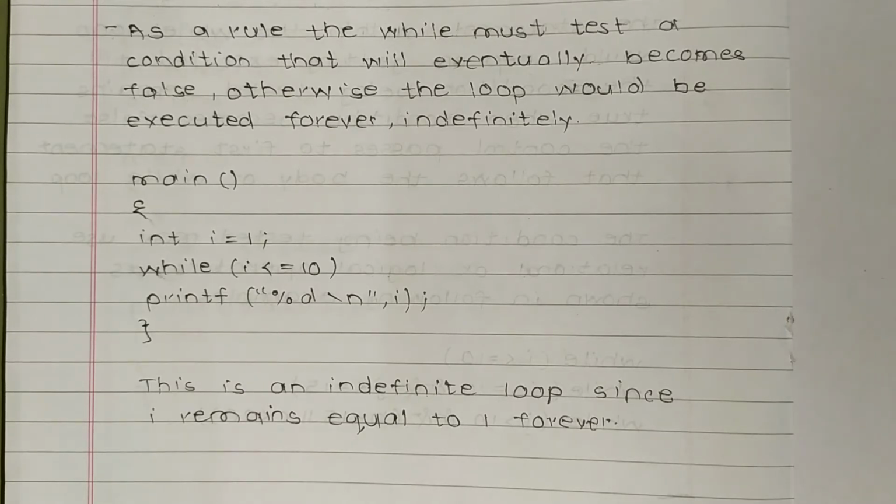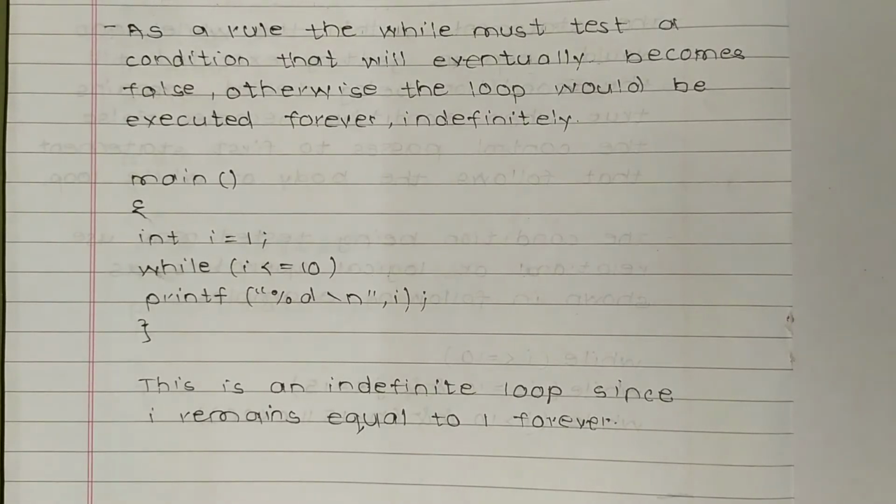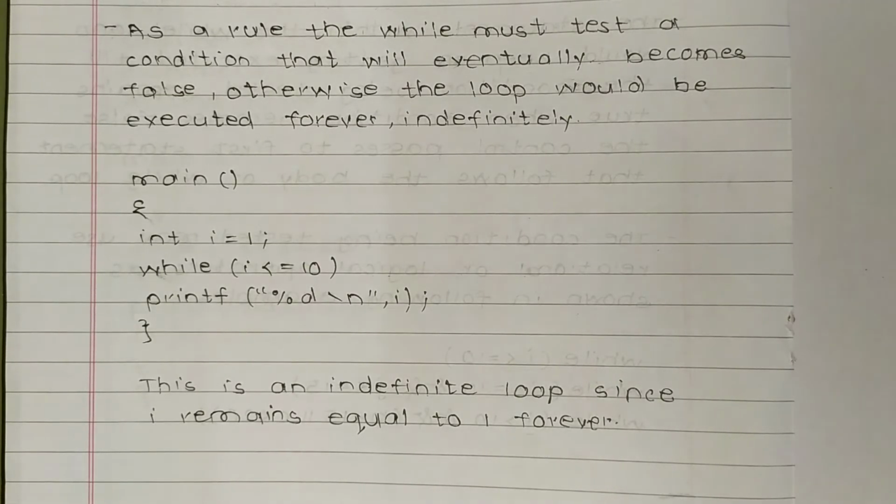So main, int i = 1. That means i is an integer which is equal to 1. Now while i <= 10, printf("%d\n", i). This will be an indefinite loop since i remains equal to 1 forever. So that means we can write one number repeatedly. So i is a number which is 1, so it will be written 10 times on